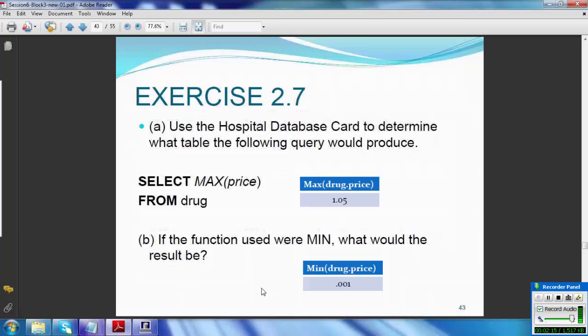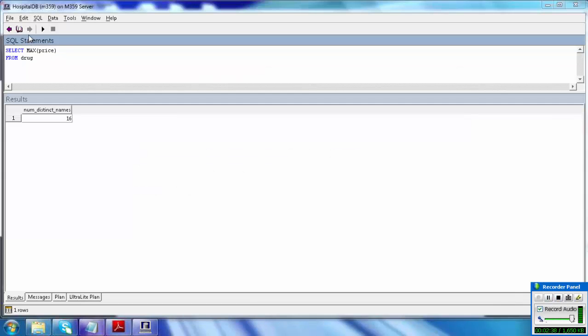So we have an exercise here. Use the hospital database card to determine what table the following query would produce: select max(price) from drug, and try with the minimum. Instead of maximum, try to display the minimum value. Let us go to the interactive SQL. Select max(price) from drug. You can see